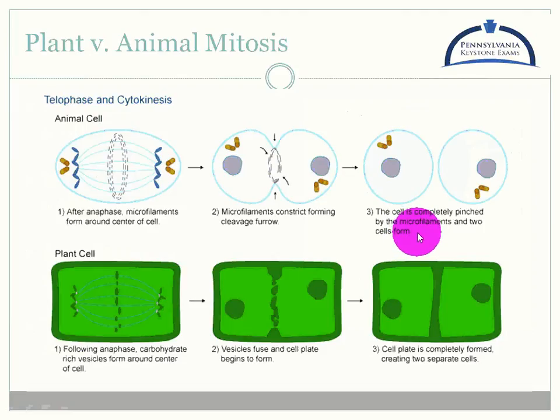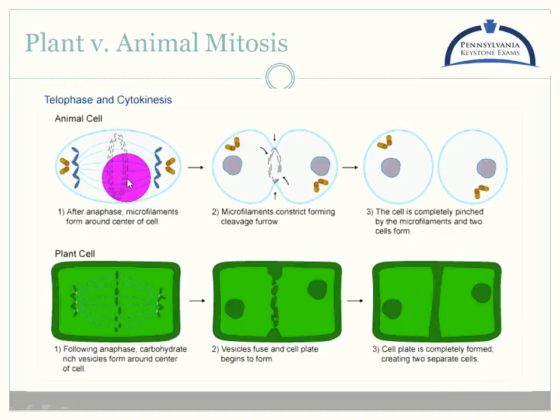Plants and animals have a teeny tiny bit difference during telophase and cytokinesis. Mainly because plant cells have a cell wall and animal cells don't have a cell wall. So in plant cells, what we can see here is during the anaphase, we're all moved away. During telophase, what happens is it brings in this thing called a cell plate. And basically what you're doing is you're making a new cell wall to join and to separate those cells, so now they're distinct cells.